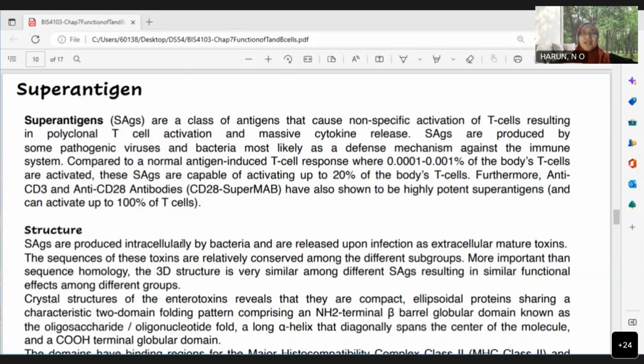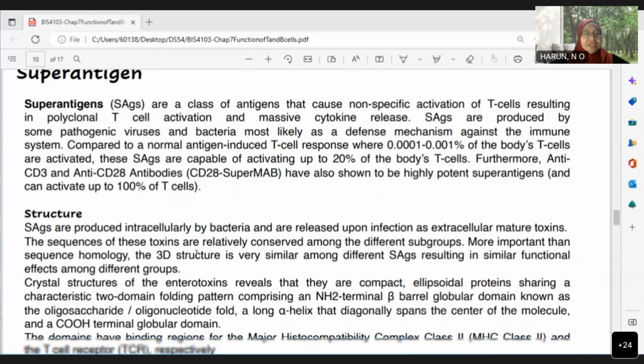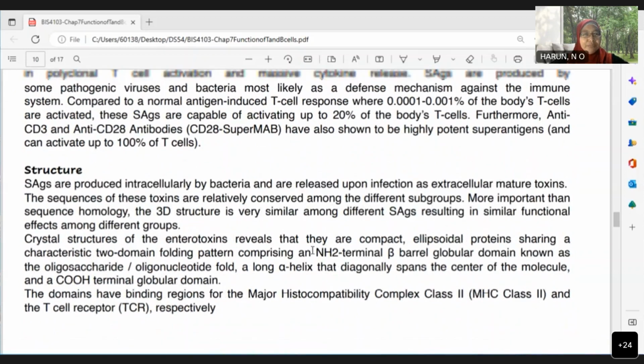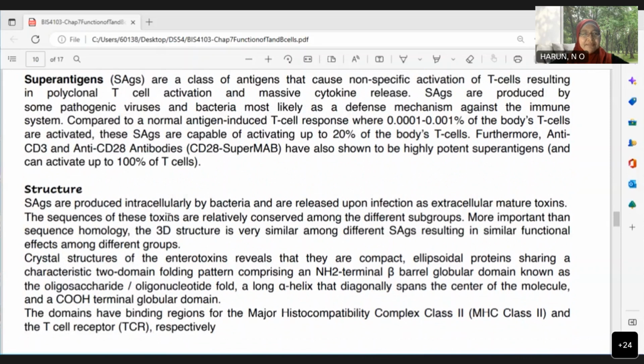So this is what we can say, a new achievement and also a new hope for the cancer patient as well. For you guys, I presume that you can have a look on the internet ataupun get some information about immunotherapy. Okay. Manakala for the structure for the SAG ataupun the super antigens, they've been produced intracellularly by bacteria dan